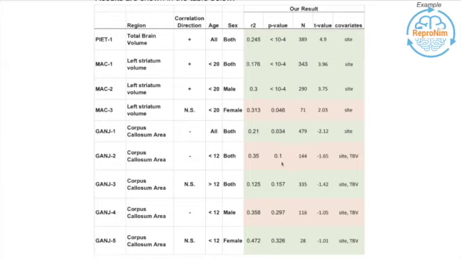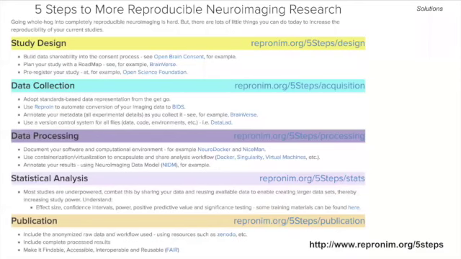So this is just a way to take some hypotheses, but the key here is that we're testing the reproducibility of those hypotheses, in this case doing it in a completely re-executable fashion that opens up the ability to do those more generally as you go forward. So I'm going to end here, back to our overall mission at ReproNim, which is to push the tools and the efficiency of getting through these various broad categories of neuroimaging research.